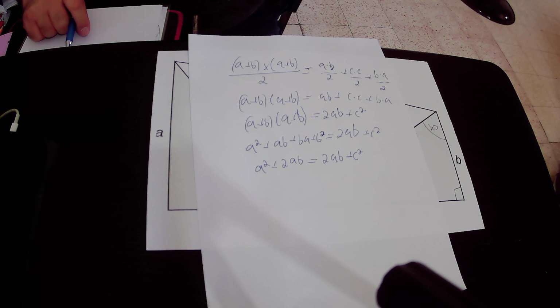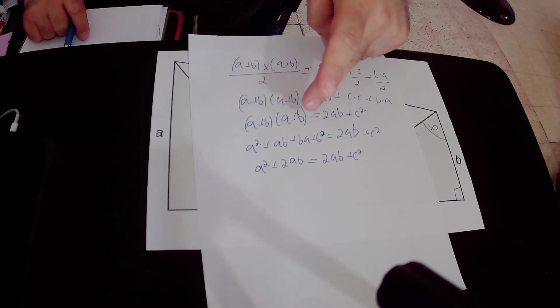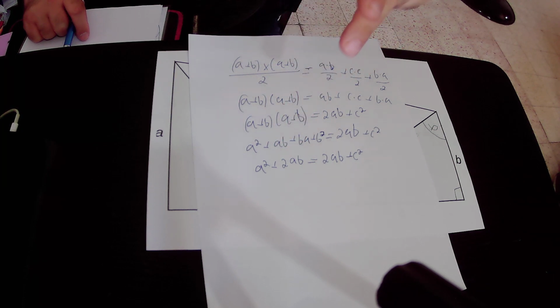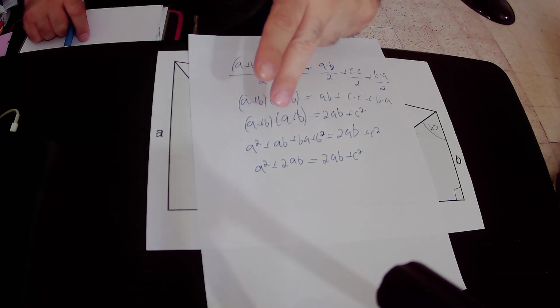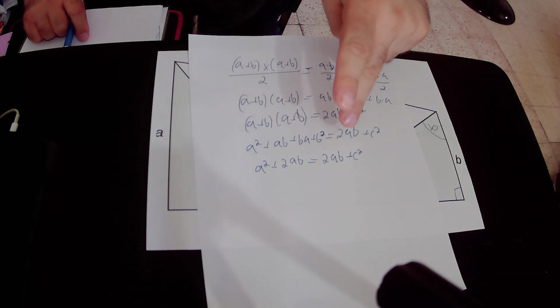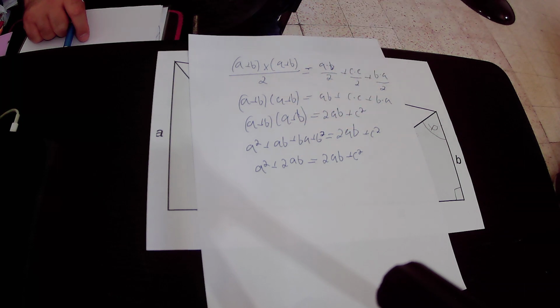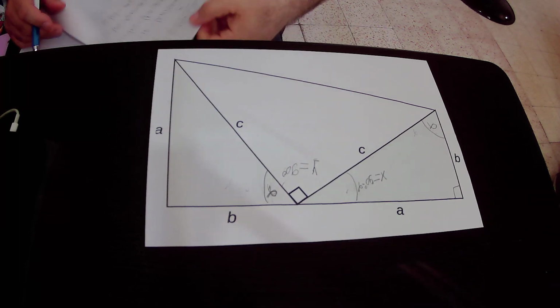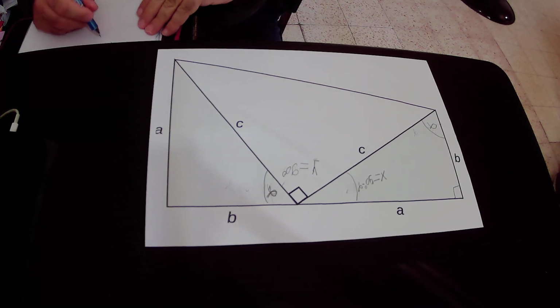So, as I've already told you, ab plus ba equals 2ab, and the right side is 2ab plus c square. So we have 2ab in the left side, and in the right side we also have 2ab, so we can subtract 2ab from both sides of the equation, and then we will get that